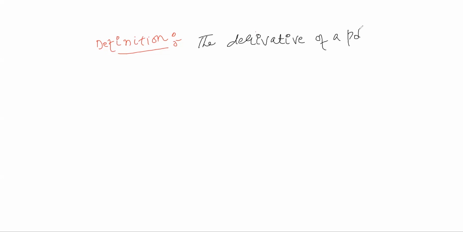Definition: derivative of a polynomial. The derivative of a polynomial f(x) over some field F